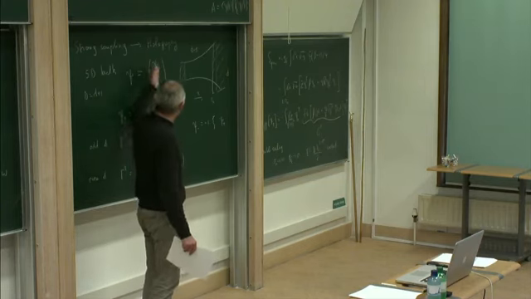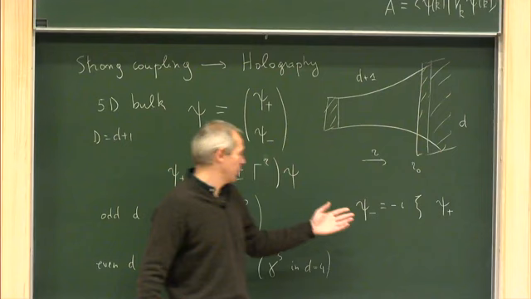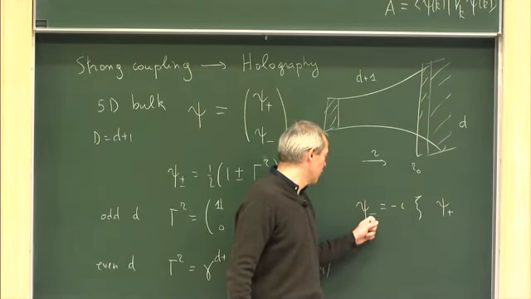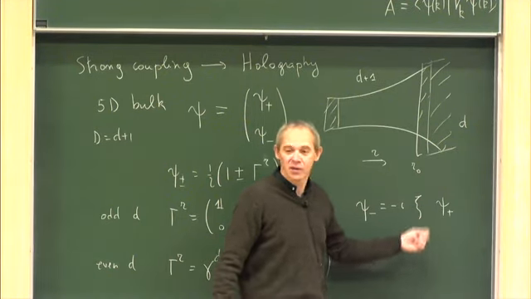Since it's first order, psi plus and psi minus are not independent, there's a relation between them, and the Dirac equation will relate psi minus to psi plus, and that operator, or if you go to momentum space,